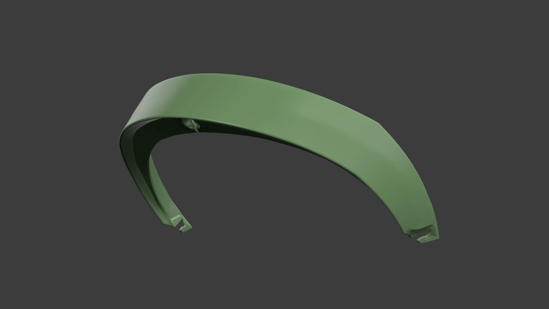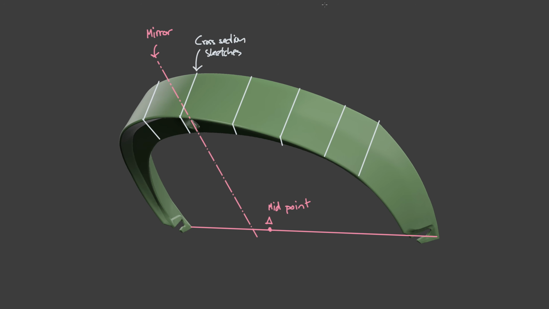Here's my modeling plan. Since the part is symmetrical, I'll start by creating a mirror axis. I will place it using the midpoint of a line drawn across the spoiler's extreme edge. Next, I will create multiple cross sections along the spoiler's continuous curved body, and I will model the part without using guide rails. There is an edge here that isn't continuous, so I will create a separate loft body to